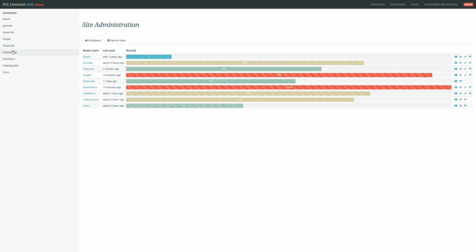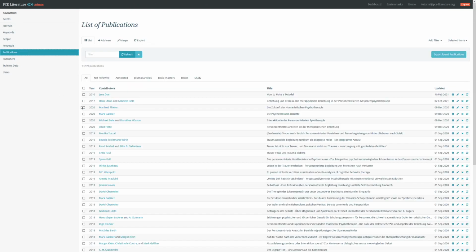On the left in the navigation you go to publications and you'll get a list of all the publications in the database. You have to find the one that you want to add a full text to. In this case we'll just take this first one here. And then on the right you press the pencil for edit,